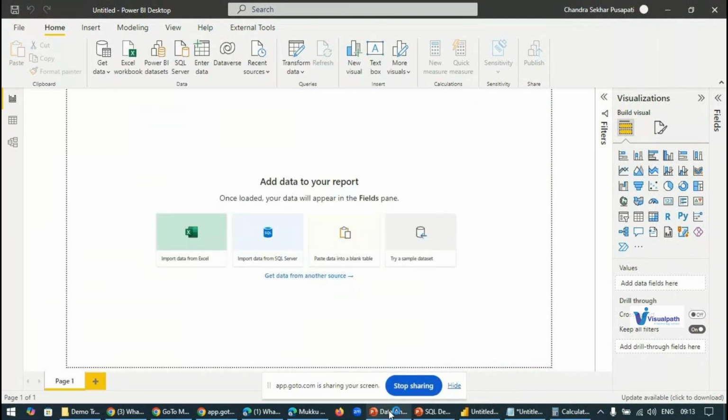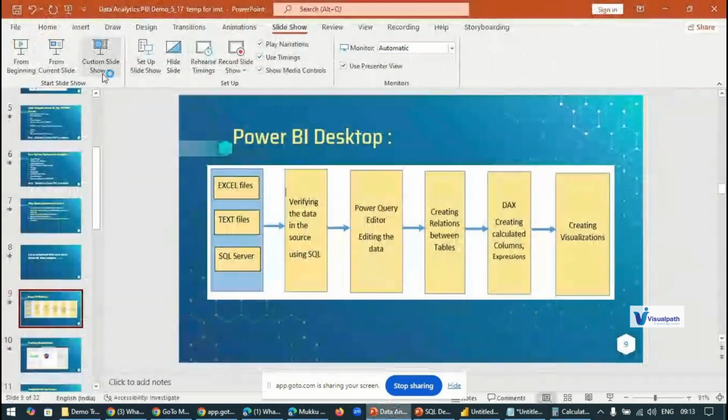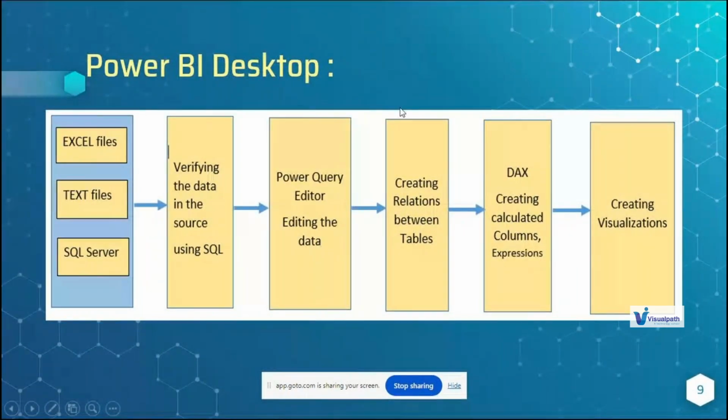Only in today's first class, I am showing some slides. Even in today's first class, after the slides, I will show you a practical example. So in this slide, I am showing you the sequence of activities we will follow for creating visualizations using Power BI Desktop. On the left side, you can see different types of files and databases.